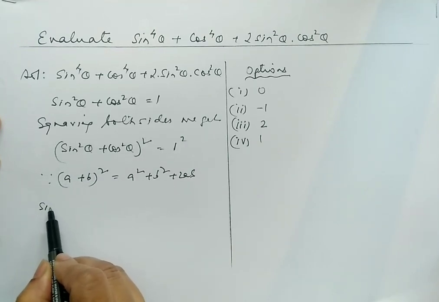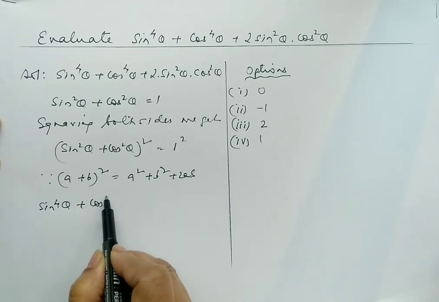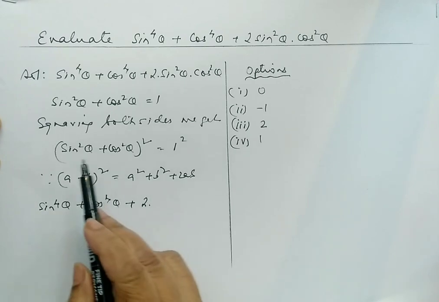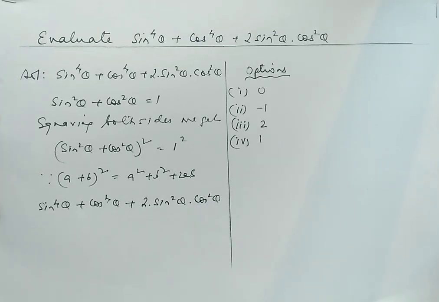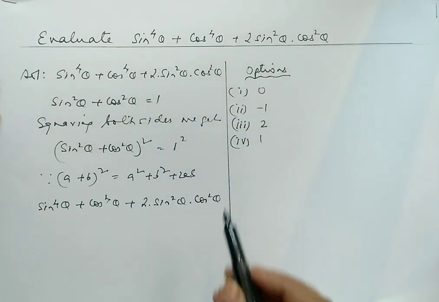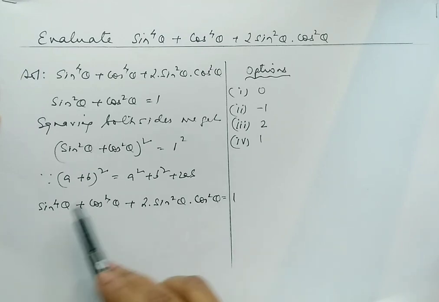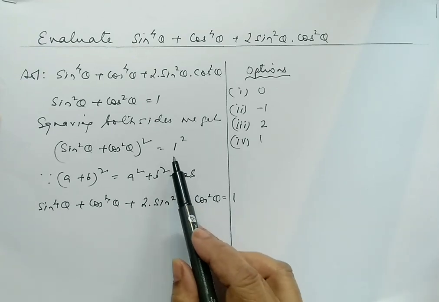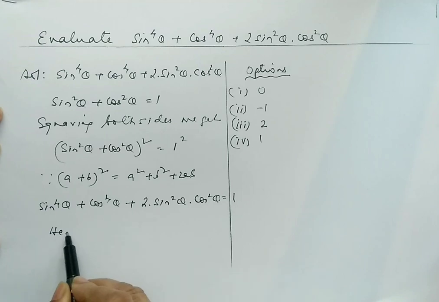So when we square this, we get sin⁴θ plus cos⁴θ plus 2AB, A is exactly what we have here, and cos²θ. Now this is the entire thing that we have over here, and this side we know it's 1. We have squared this and obtained this entire elaborate trigonometrical expression, and here we have 1 squared is 1. So hence, our